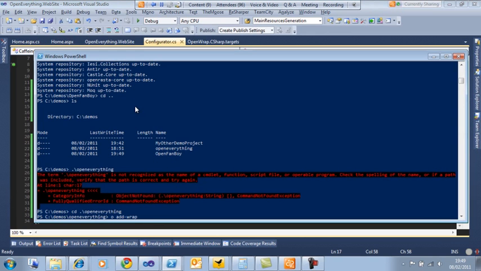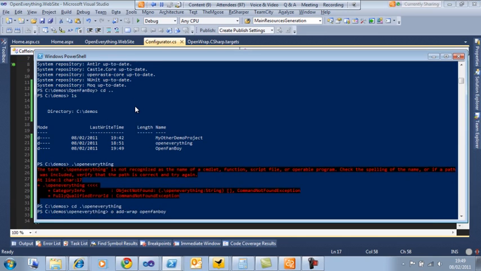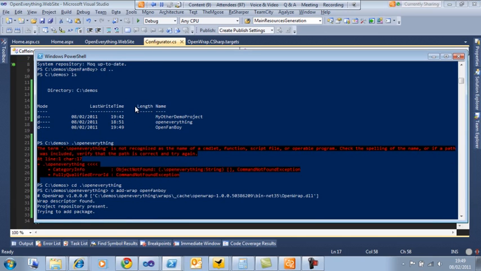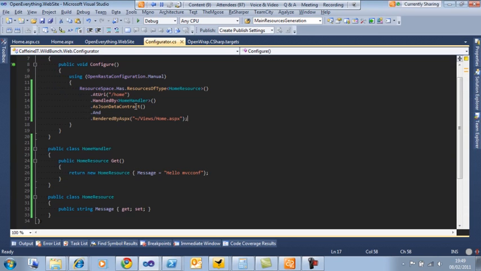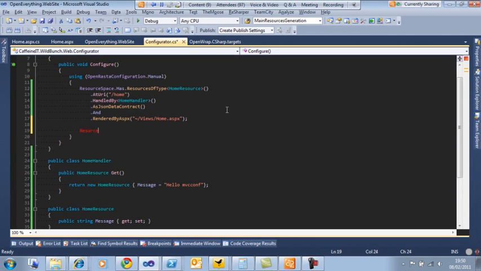I can now just add the ramp. You notice I've not published it anywhere. I don't need to. I've not even published it to a local repository that I would have created specifically for that. I just added it to my system, and I'm going to add the Open Fanboy package to my system. And when I go back to my website, as soon as this is done, I'll be able to type resource space has